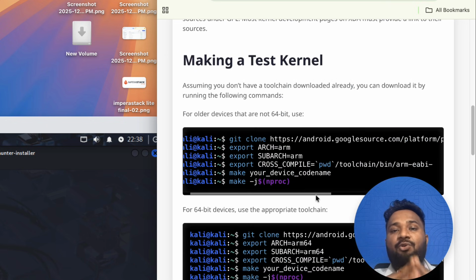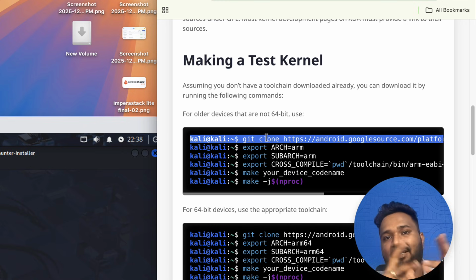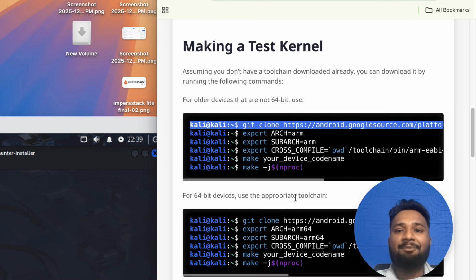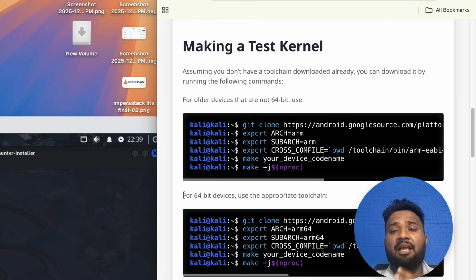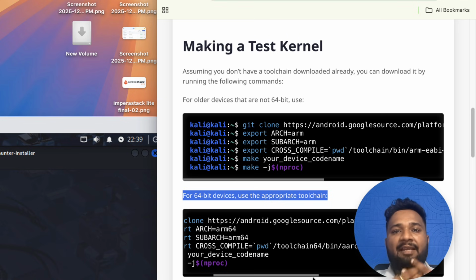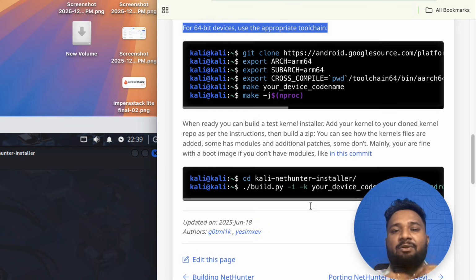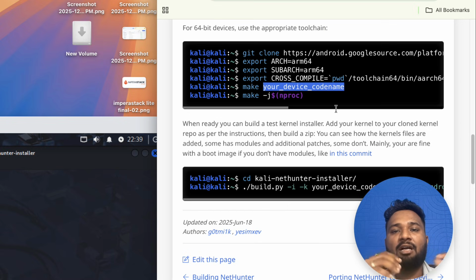Now, as I told you, you can make a test kernel. Let's build a kernel and practically see it. There are two variants usually used: 32-bit ARM or ARM64, which is the basic one. You can use these commands depending on your device. For example, in my case, ARM64 is the architecture of my processor, so I can use a test kernel for ARM64, and then you can just use the Kali NetHunter